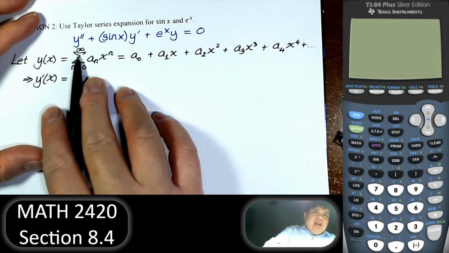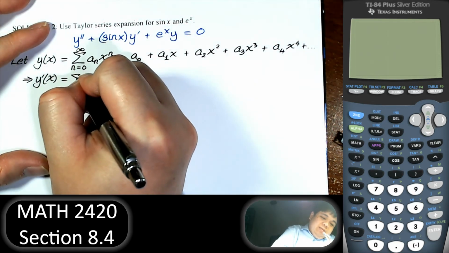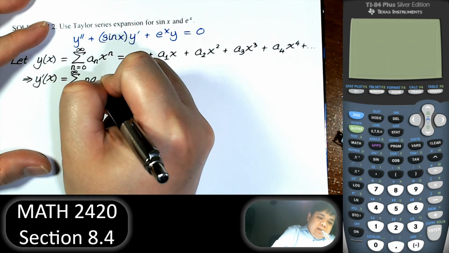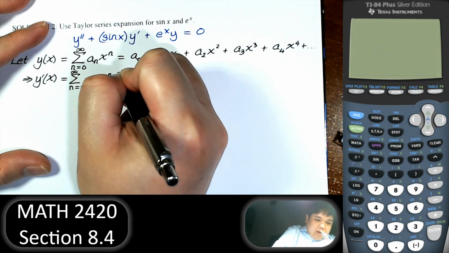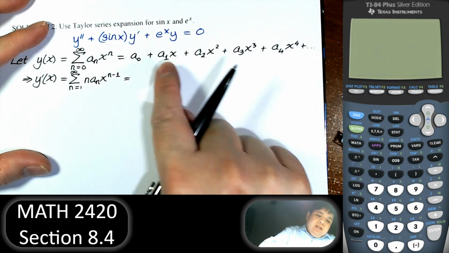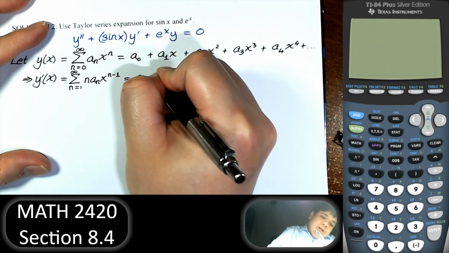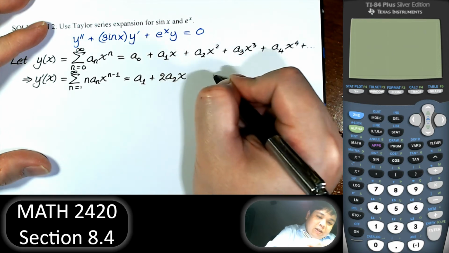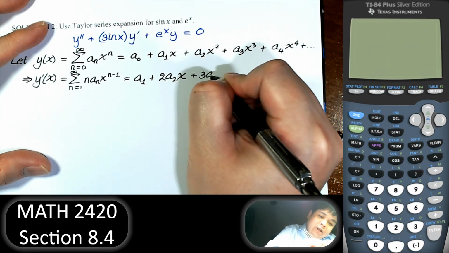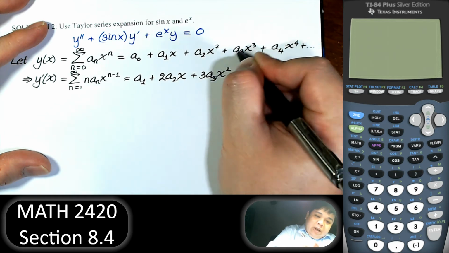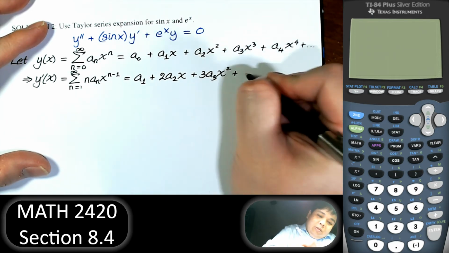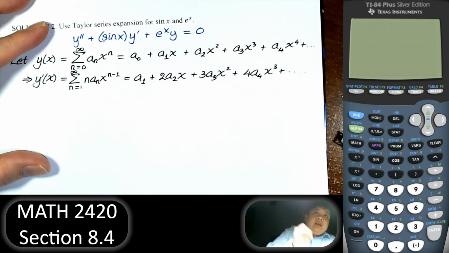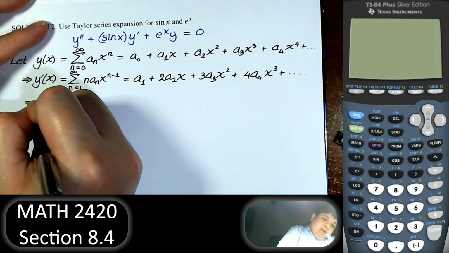Let's just do that. n equal to 1, n a sub n x to the n minus 1. Or we just take the derivative of this. It's going to be a1 plus 2a2 x plus 3a3 x squared plus 4a4 x cubed. That is the derivative. Second derivative,